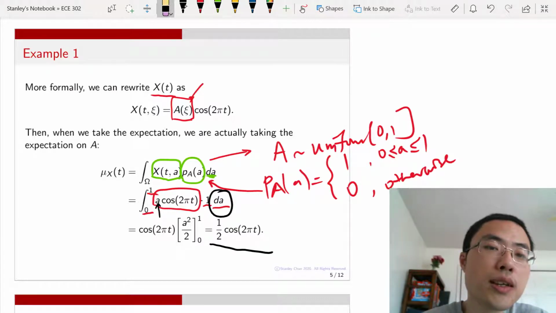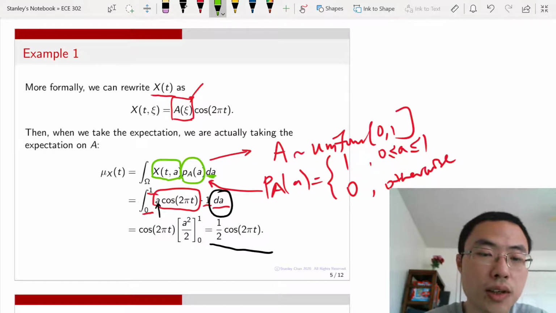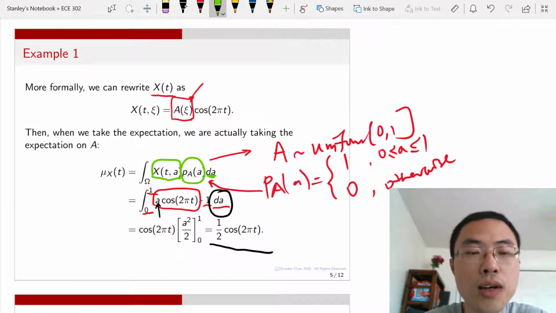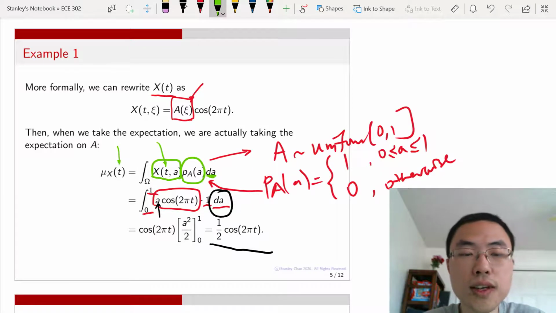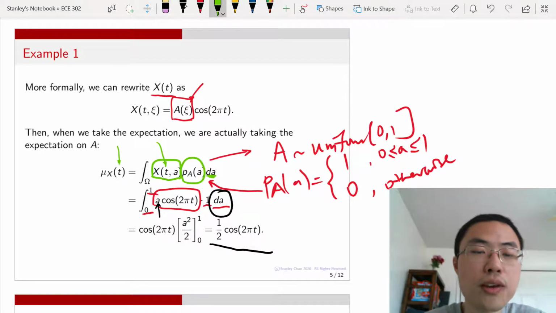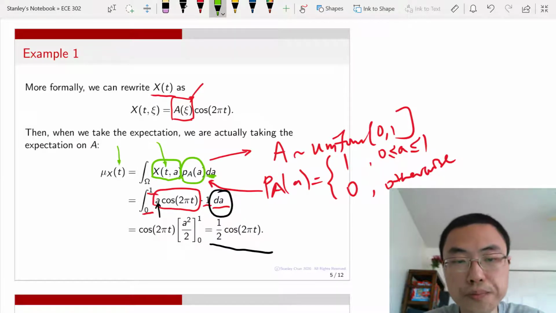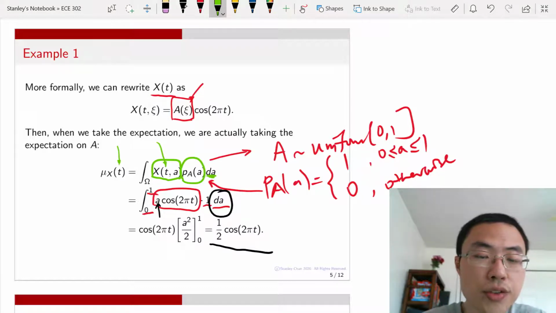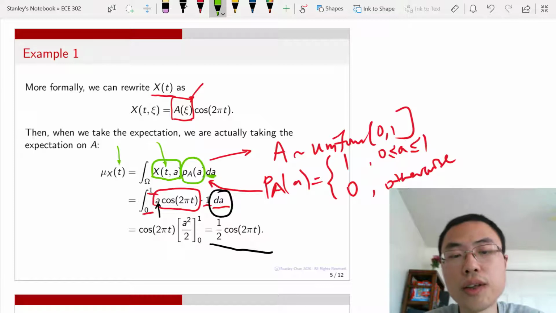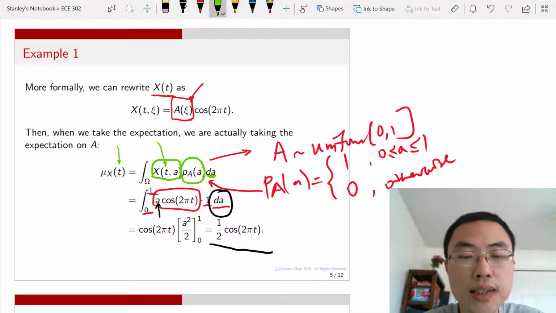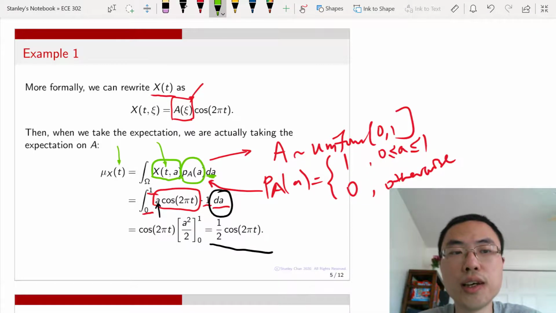The only tricky thing here is that this expectation is not evaluated on a particular number, but is evaluated over a range of t's. But it doesn't matter, the t is the same t as here. If we replace the t by a different constant, let's say t0, you're just evaluating this expectation at t0. The rest is just to plug in the definition of your random process, and then you integrate, you get the exact same result as what we are